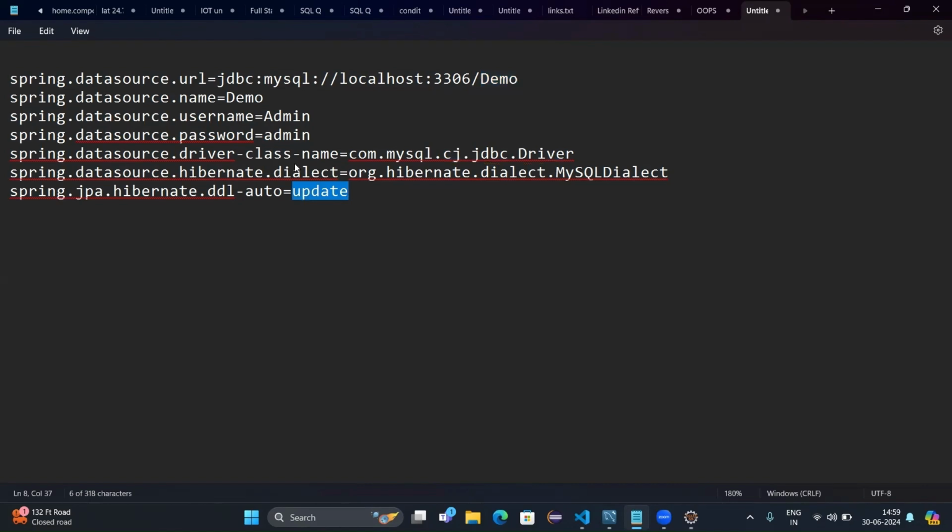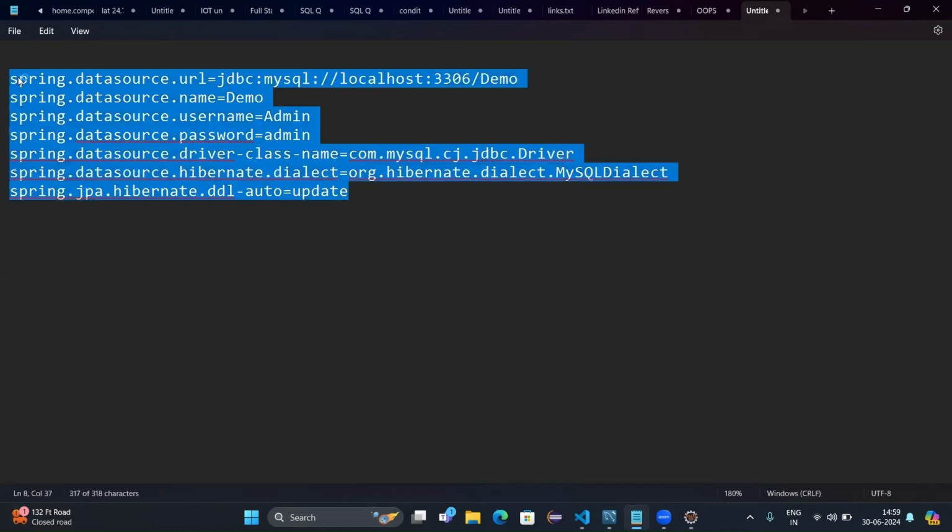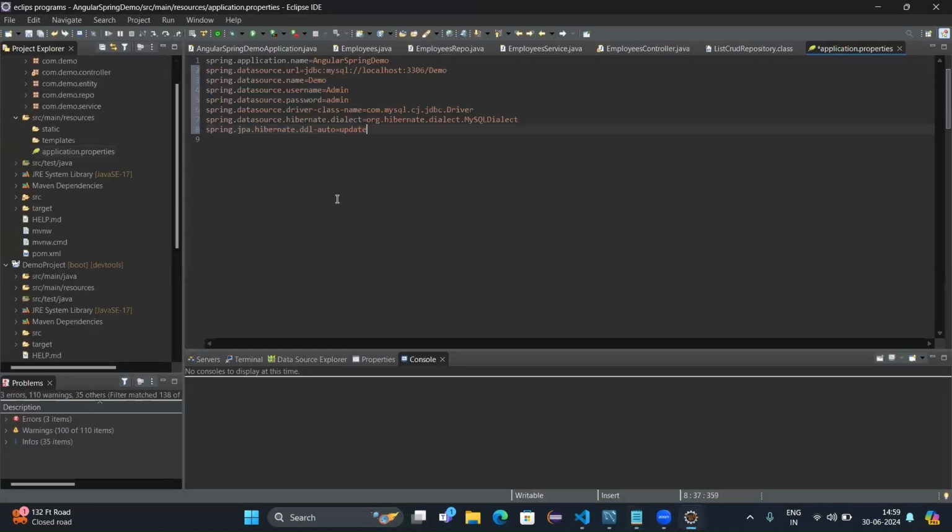Okay, so let's copy this and paste it over there. So this is the URL of my database, this is my schema name, this is my username, and this is my password, and this is my SQL driver, and this is the dialect, and this is auto DDL I have updated. Okay,